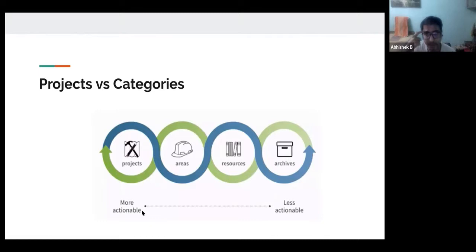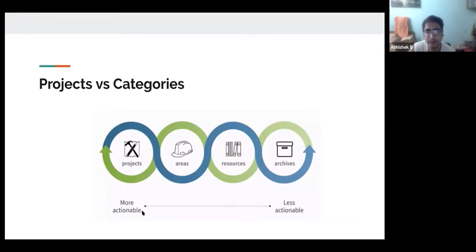The idea behind having this classification is that the problem with consuming information is that it's not very actionable. The analogy that I would like to give here is of a library.